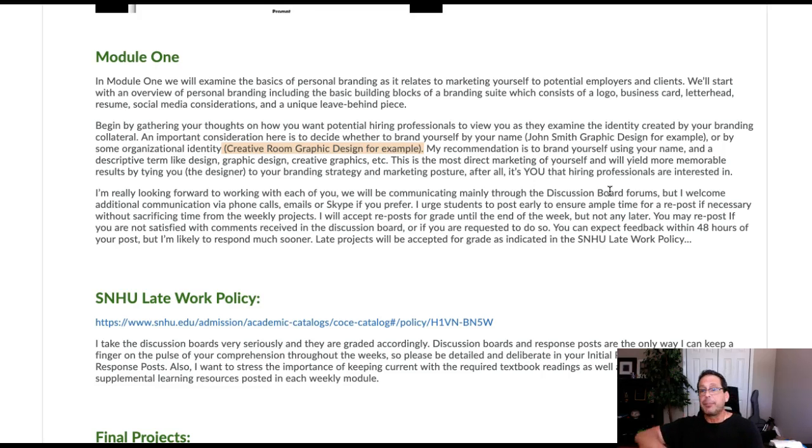So you can keep your organizational name that you use for your freelance work. That's great. As a matter of fact, after the class, you'll learn how to brand that organizational entity if you elect to continue using it upon graduation. For the purpose of marketing yourself with the intent of being considered for a design position in a studio or an agency, it's really important to brand yourself by name.